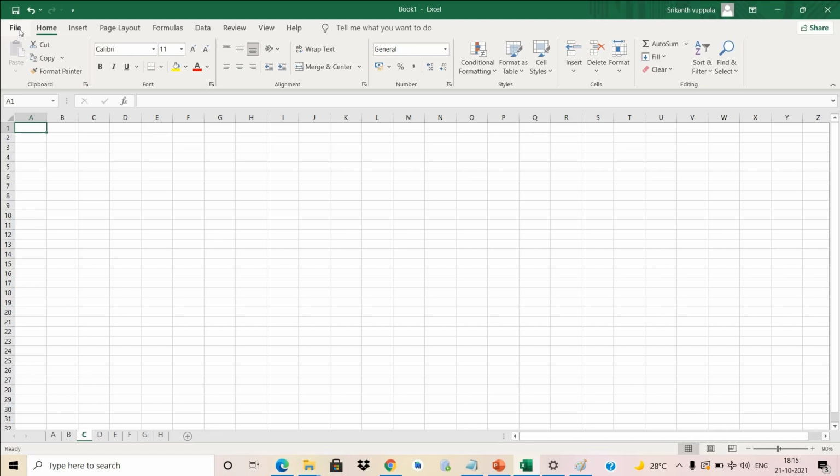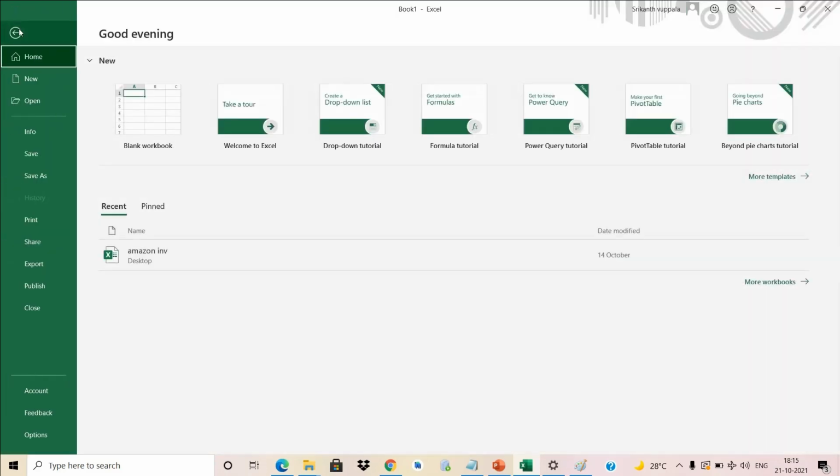So file, when you click on this file, you have a lot of options available here. It says new, open, info, save as. So all these options available here, we'll look into them one by one in our upcoming classes.